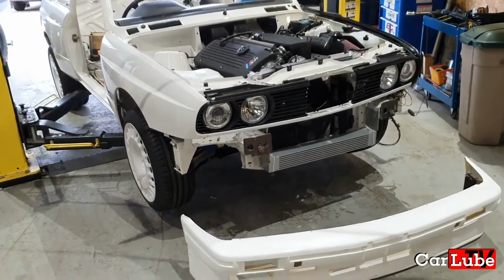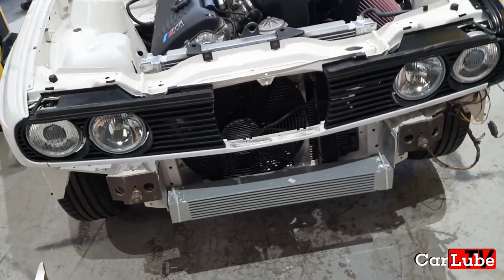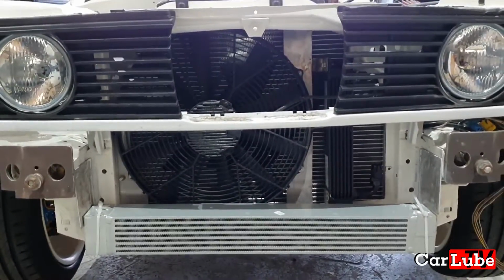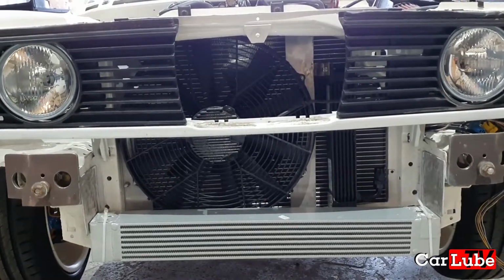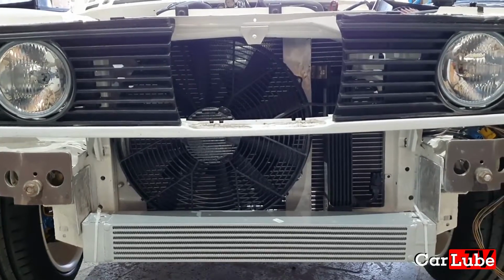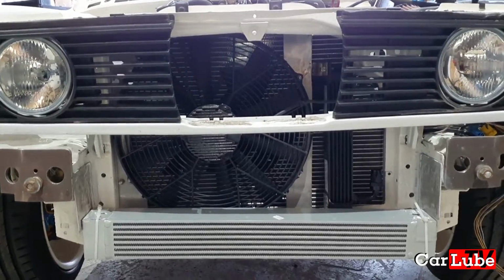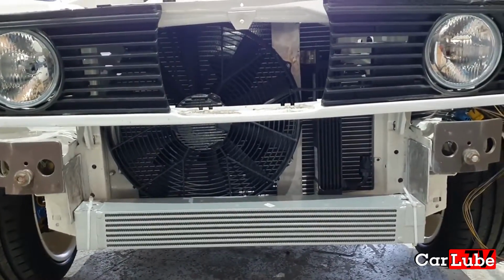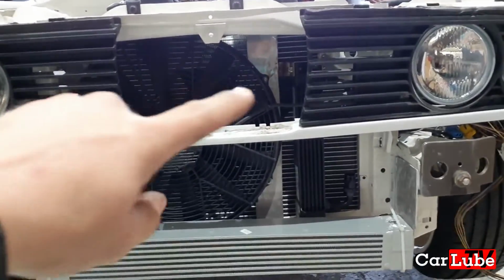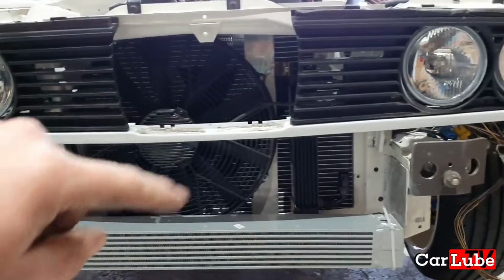So this last week, my mechanic Sean has been working on the fan and cooling system. In the front of the car you can see we've actually done a few stainless steel mounts. The fan did come with some mounts, and to be quite honest, I don't like the mounts they come with. You have to pierce a hole through the radiator and then nut and bolt the fan from the back side of the rad. And I don't like piercing a hole through the tiny little cooling fins of the rad. So he's actually manufactured a stainless steel mount this side, a stainless steel mount this side,